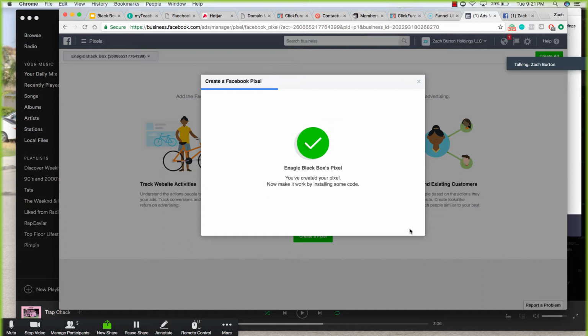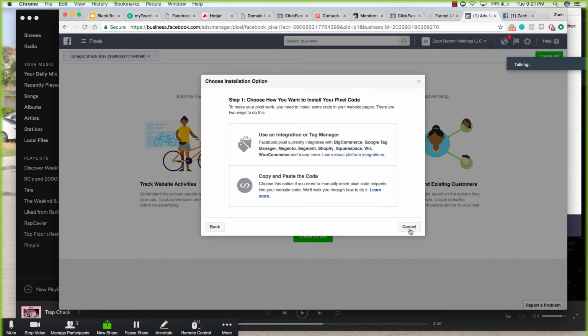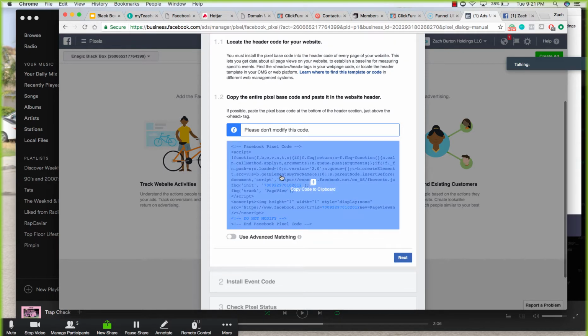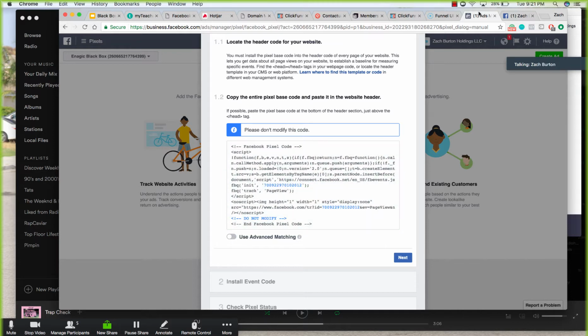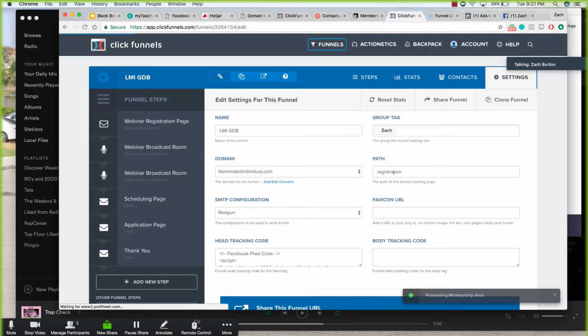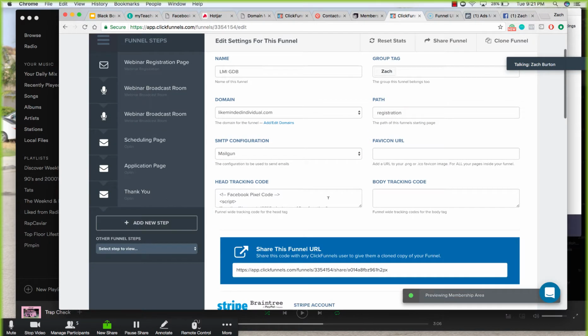Now you've created your pixel. It's going to install. And then click copy and paste the code. And then you're going to want to copy that to your clipboard. Take that and go into your ClickFunnels, and then go into your post. I mean your funnel that you're going to run traffic to for the black box, and you're going to put